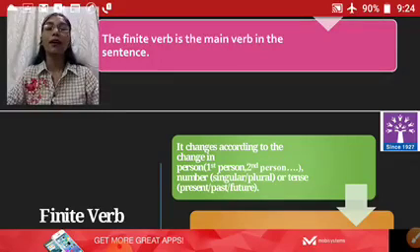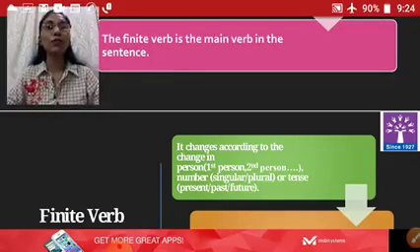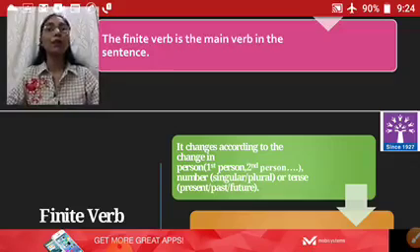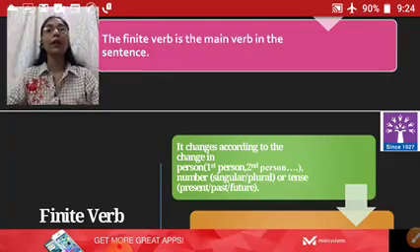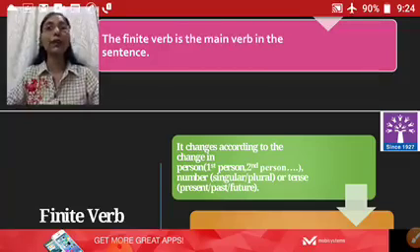If I say Ram goes to the market to purchase fruits, here to purchase has remained as it is, but as per the tense went has changed to the present tense, that is goes, right? If I change the subject and the tense, they will go to the market to purchase fruits. Here I have changed the subject and the tense also. As per the tense and the subject, the verb has changed. So this is what a finite verb is.